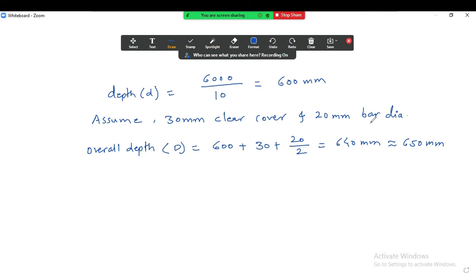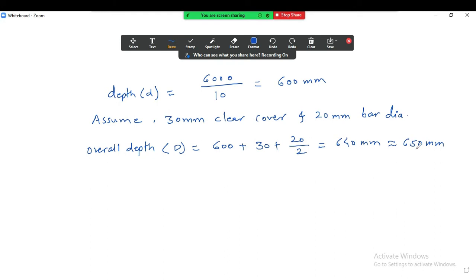It is rounded up in multiples of 5, so you can take that depth also. But if we think on site, if you provide this design on site, then instead of 640, many designers prefer 650, because measuring that dimension will be easier on the site. So we will round this up to 650. Again I am telling you, if you keep it 640 as it is, then also there is no problem.